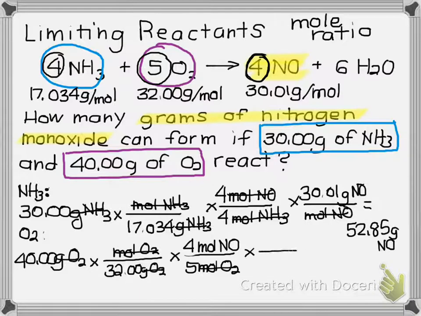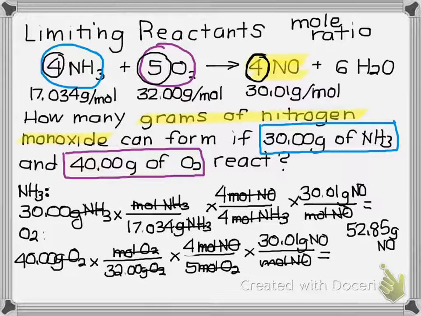And then finally I'll convert to grams of NO, just like I did in the previous problem. Moles cancel. So now solving mathematically, I get 40 divided by 32 times 4 divided by 5